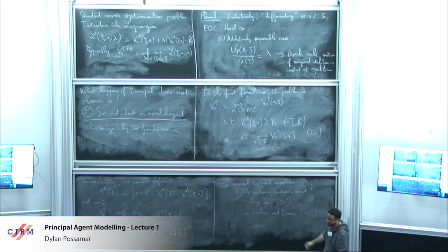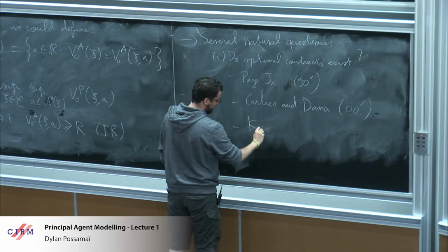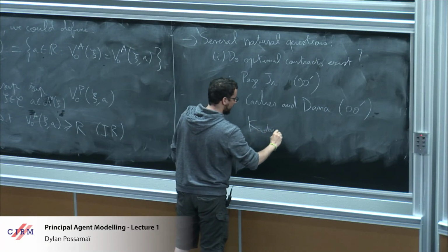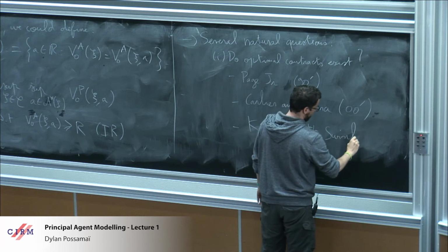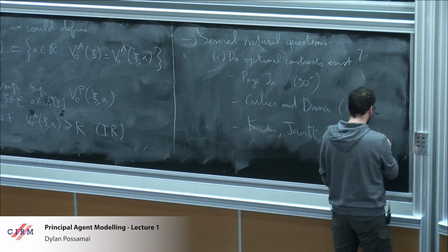In that area, there are plenty of results that are typically linked to optimal transport. The fact that those two things are linked is something that Ivar Ekeland observed. Ivar says that Rochet saw it first, but he was the first one to write it down clearly. And there are plenty of existence results you can get, but with the moral hazard, I think there's just one paper that did it. And as I mentioned, the most recent one is by Kadan, Jewitt, and Swinkels. An extremely general paper from 2017,